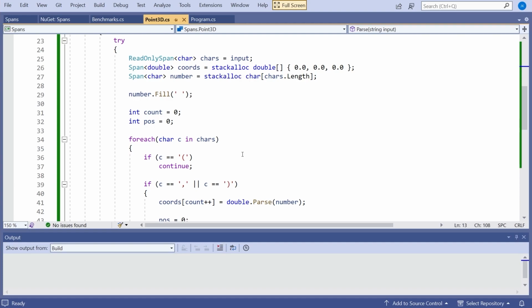But you can see we've got some really powerful features. We've got the read-only span, which can be used to get hold of a string and start breaking it down into chars and substrings and things without doing any need for reallocation. And then combining a span with stackalloc, we can actually allocate memory dynamically, but without doing it on the heap. All of that is being done on the stack. So that's it for looking at span.